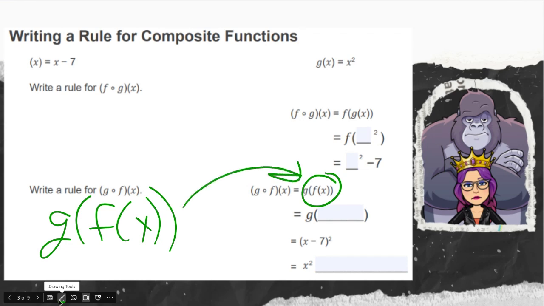So our final answer is going to be transferred down here. So we're going to have x minus 7 squared, because this is squared, and so we're going to have x squared minus